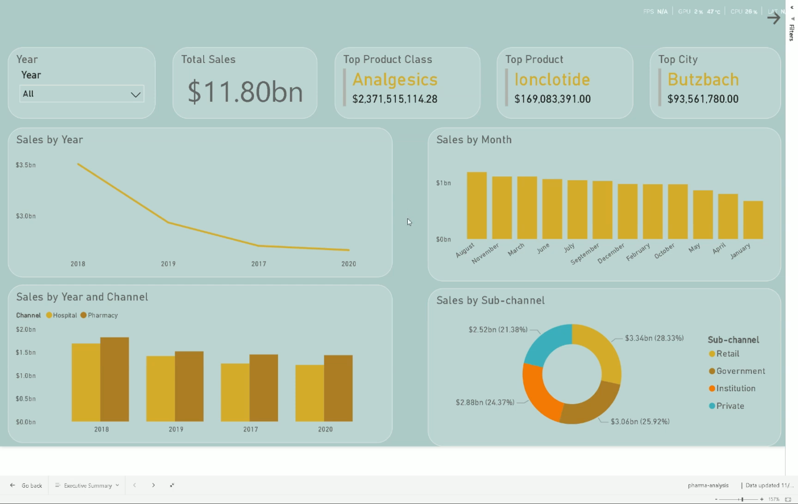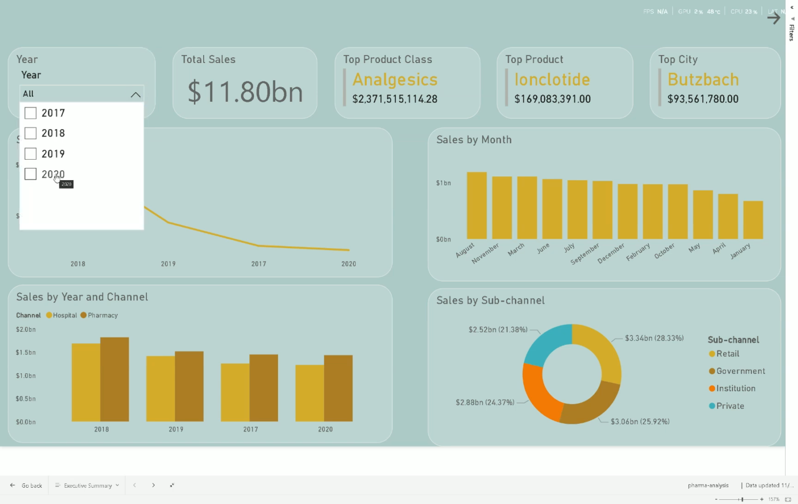So the first one is executive summary. Let me begin with the executive summary page, which provides a high-level view of company-wide performance. So at the top, as you can see, we have used slicers for year and month. These slicers were created using the slicer visual and allow us to filter all the visuals dynamically. These slicers will pull values from the year and month fields in the dimension table. Like if we click on it,